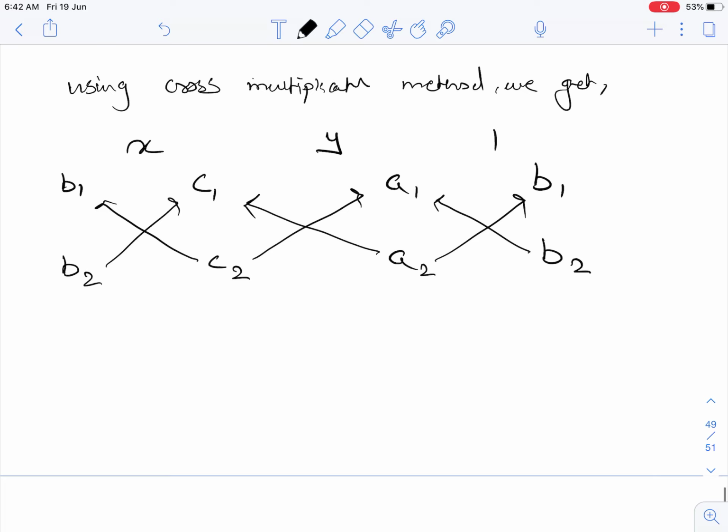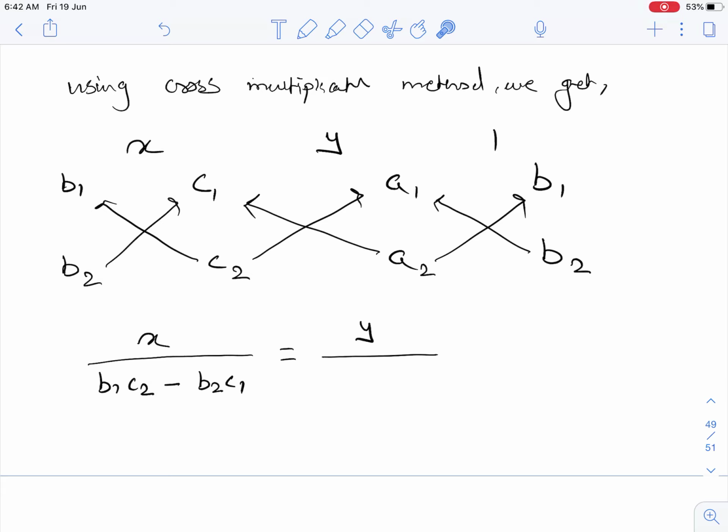So now we have to form a rule for this one. So you will get x upon, now what we have to do? This b1 will multiply to this c2, so you will get b1 c2. Now in between this we have to write subtraction. Now what will subtract? So this b2 will multiply to c1, so you will get b2 c1 equals to y